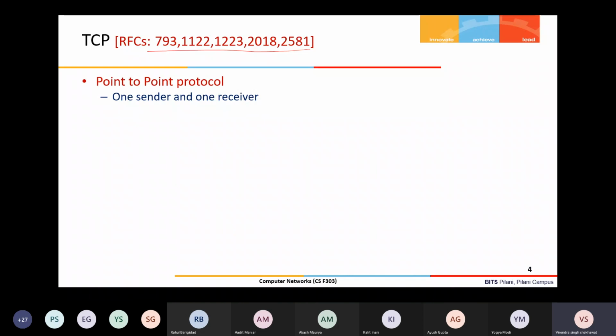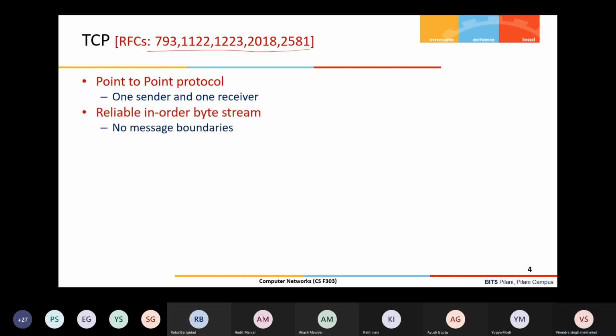TCP is a point-to-point protocol, meaning one sender and one receiver. By default, at the transport layer, TCP provides point-to-point communication only. Other forms of communication, one to many or many to many, are not supported by TCP.